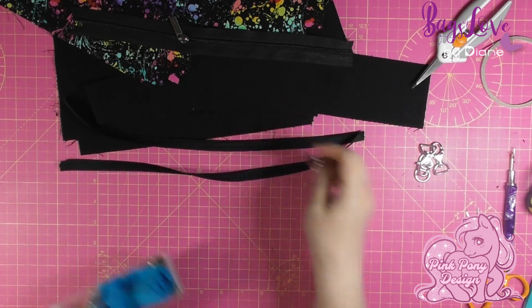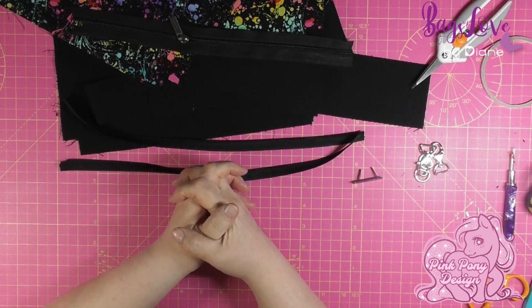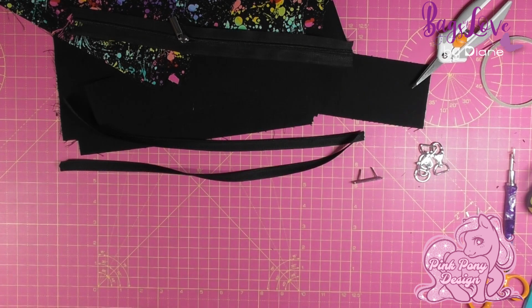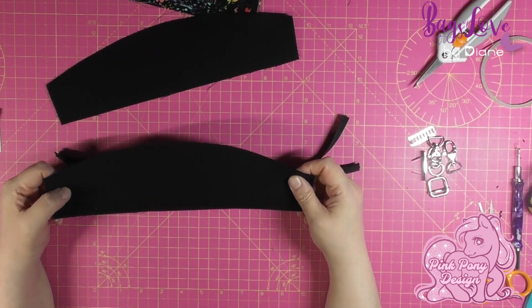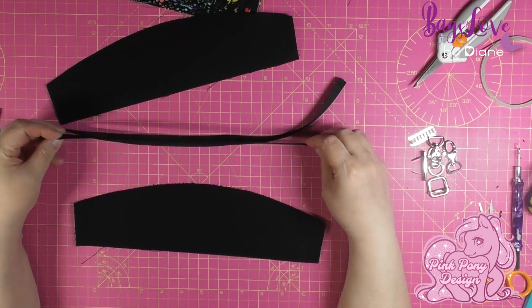So I've got my handmade label, and I'll be using rivets where necessary. So without further ado, I shall crack on with the tutorial, and we're going to be starting with the external pieces. To begin with, we need one of our top pieces from pattern piece B, and one of the sides of the zips,